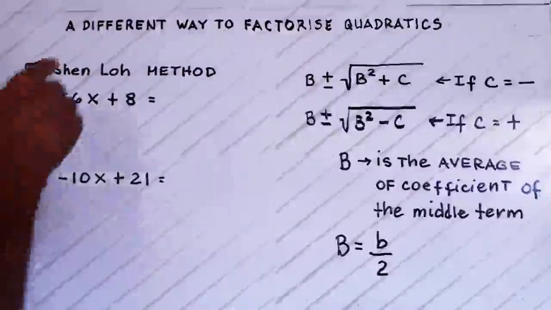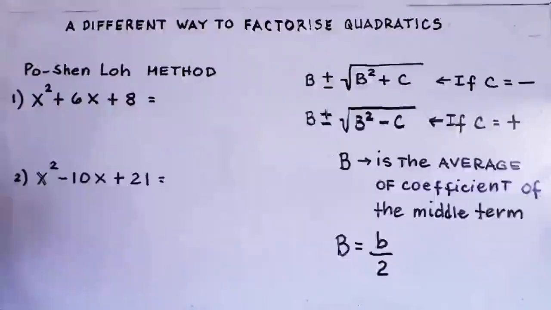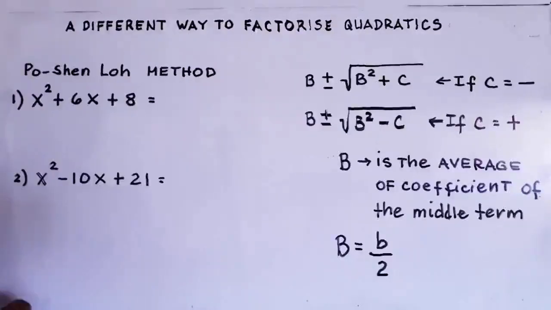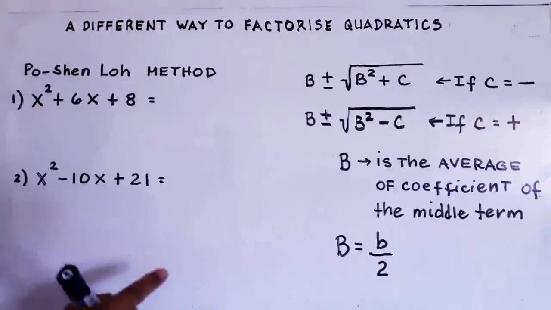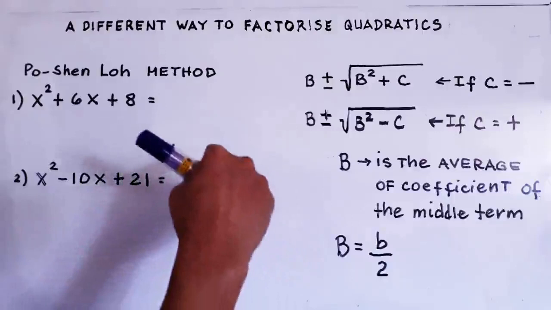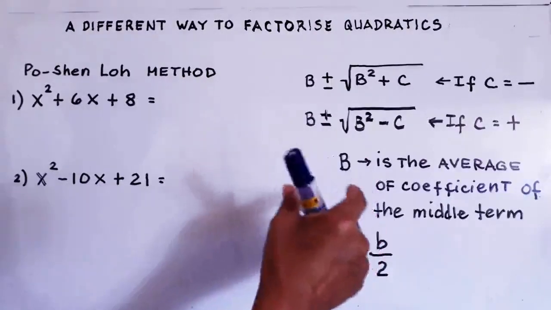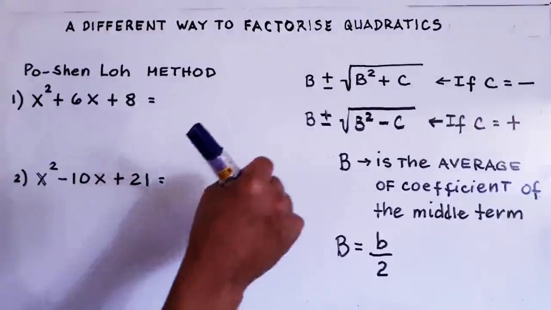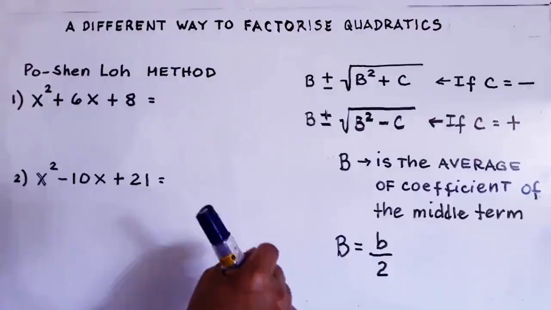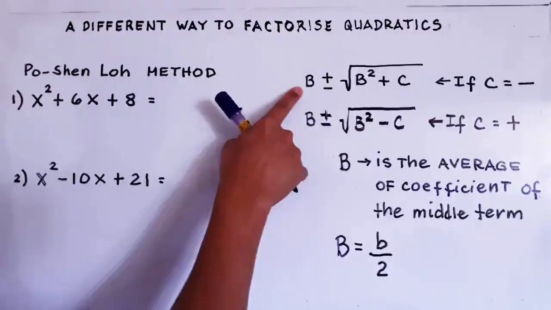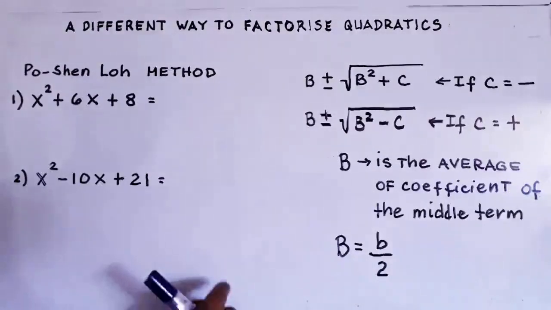Today, class, we are going to study a different way to factorize a quadratic trinomial. It was Po-Shen Loh who rediscovered this ancient method. B and B, it looks like the quadratic formula. It is similar to the quadratic formula because the derivation is somewhat similar to the quadratic formula or completing the square. Here, you can see that this B is the average of the numerical coefficient of